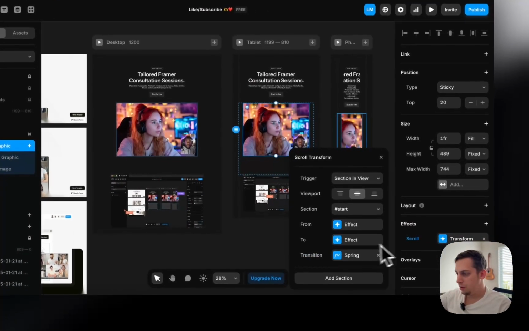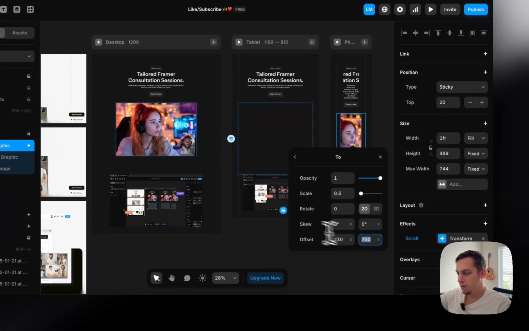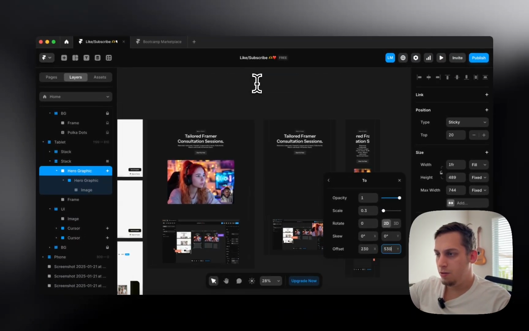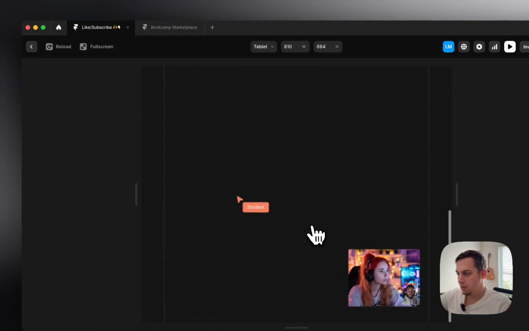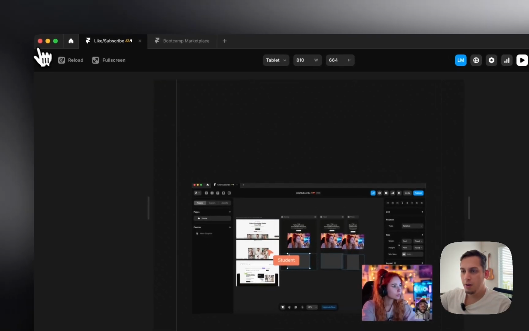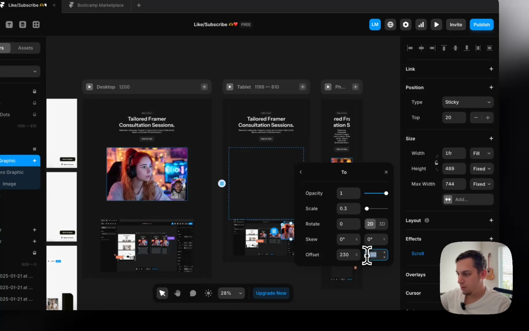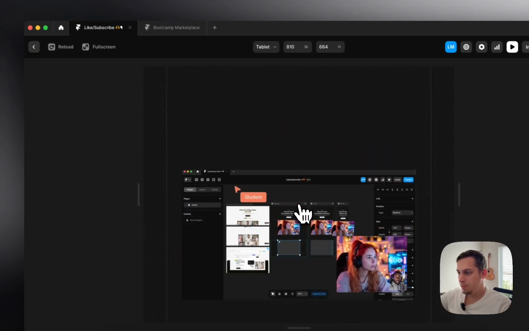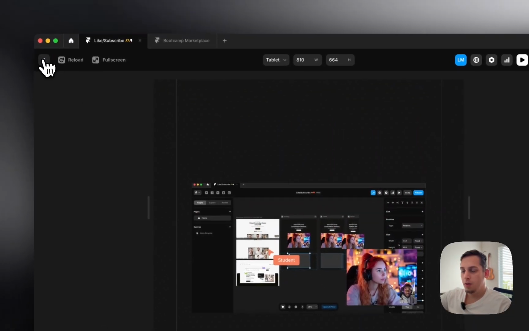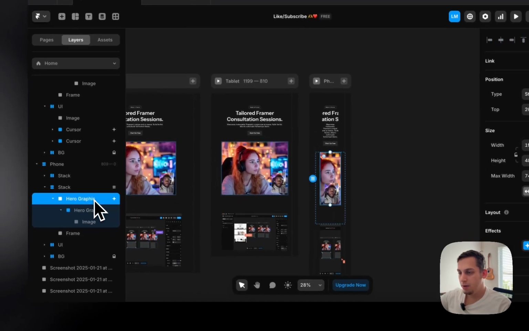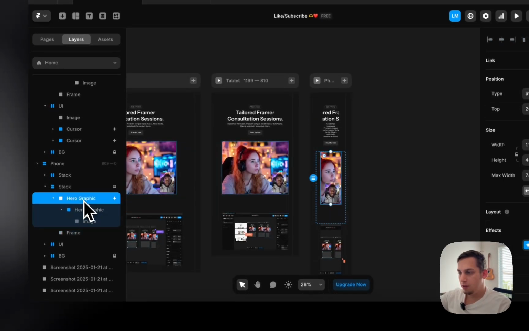And then we gotta edit this to be much higher. I would say let's just try something like this. A little bit higher and a little bit more to the left. Boom, that looks good. All right, and now the phone, the most complicated part. Let's just make sure that this is